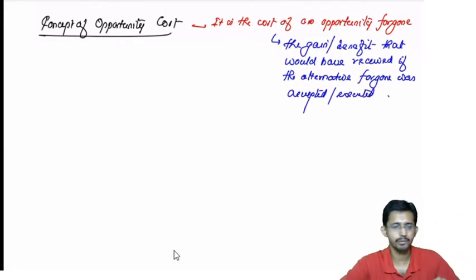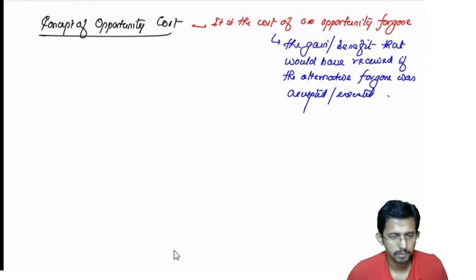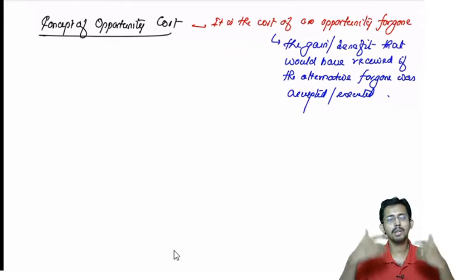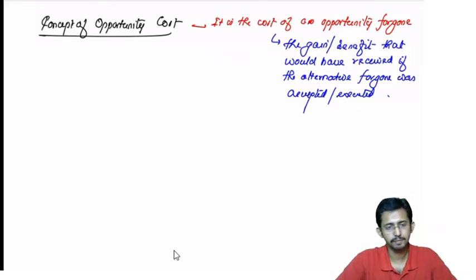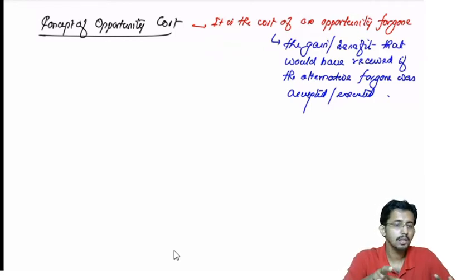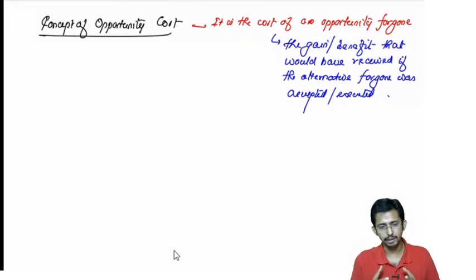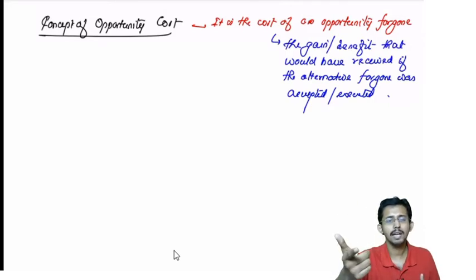You had an alternative which you are foregoing. Why are you foregoing? Because you want to select some other option. There is a proposal at your hand. For executing this proposal, you need to forego some other alternative. That alternative would have given you some gain, which you would have realized only if you had not taken the proposal which you are taking now. So the cost of executing this proposal includes what? The opportunity cost that you foregone by not doing the other work.